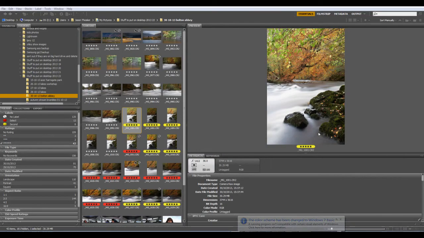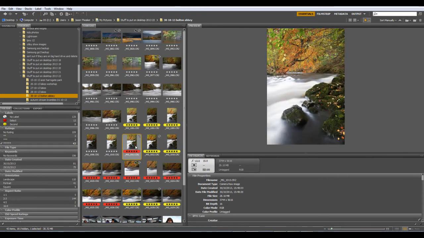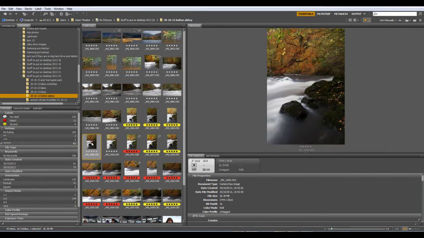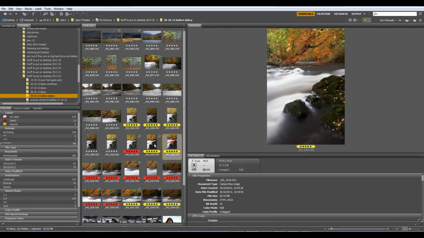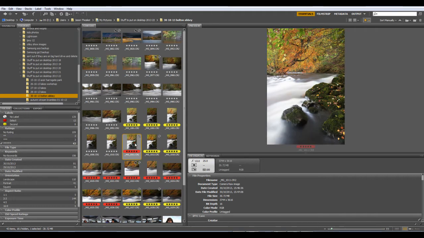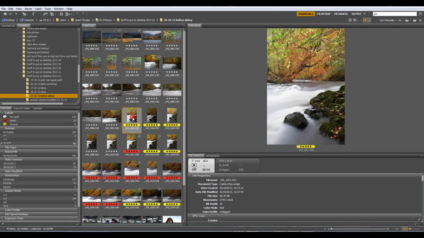Okay, I want to start off by talking a little bit about why I've chosen the image that I've chosen to process. As you can see here, I've got various different shots, compositions of this particular tree, and then composition of this sort of scene. So I've got about eight or so compositions that I like. All of them to some degree, but you can see if you start looking at some of the differences, this